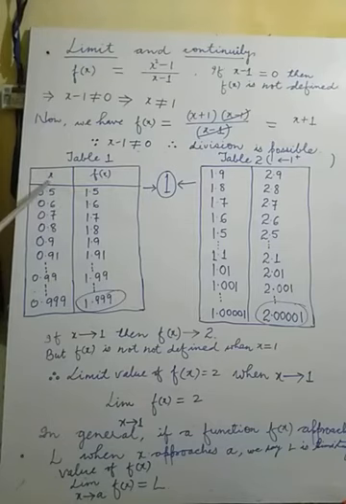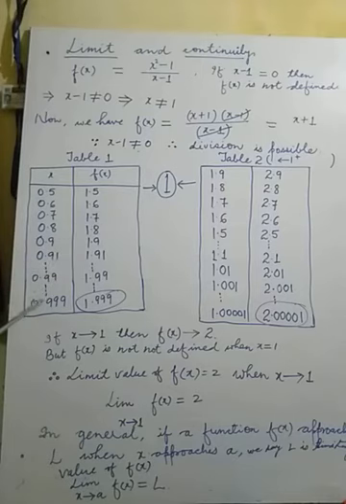Since x is variable, on the basis of different values of x, there will be different values of f(x). That's why if we change the value of x, the value of f(x) also changes. Now see which values are being taken. We have to take values less than 1. So here 0.5 is less than 1, 0.6 is also less than 1, 0.7 is also less than 1, 0.8, 0.9, 0.91, 0.99 are all less than 1,